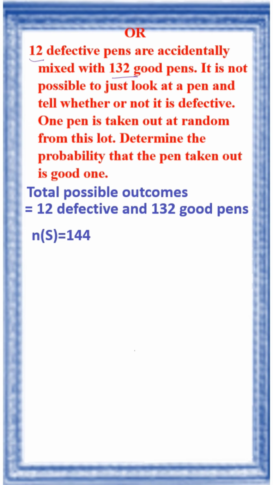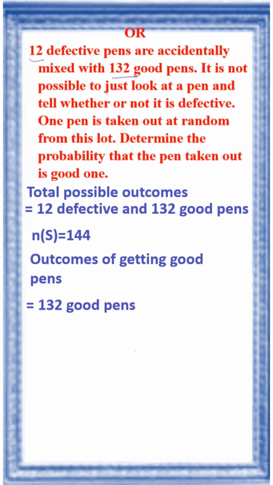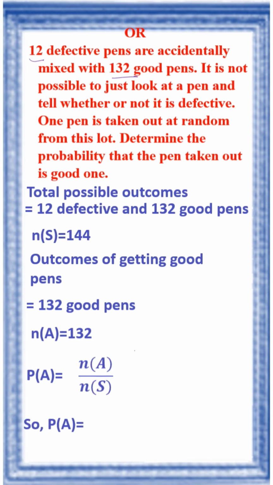So the number of S is 144. Outcomes of getting good pens: 132 good pens. So the number of A is 132. P of A is the number of A upon the number of S. The number of A is 132, the number of S is